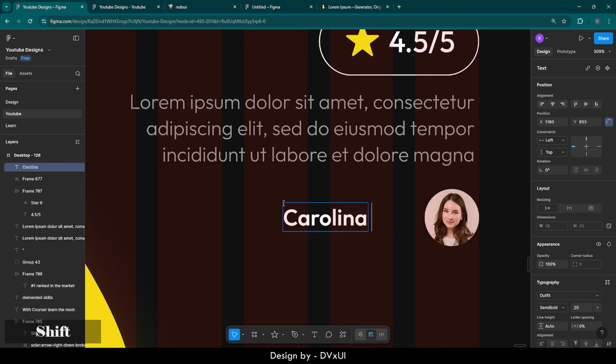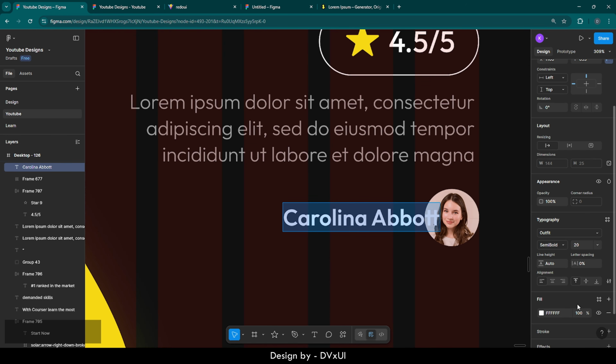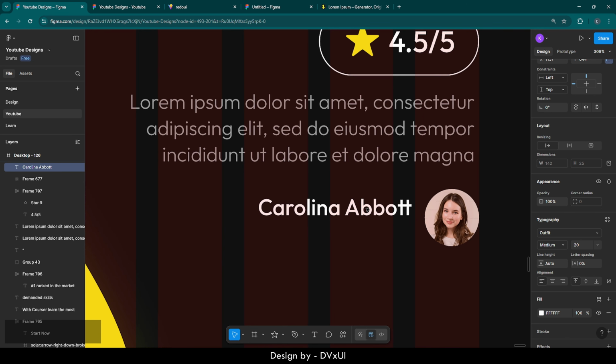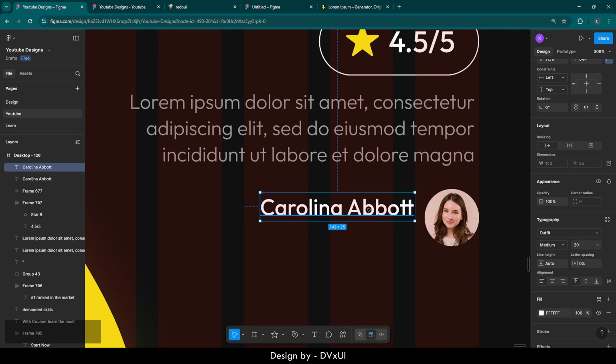Carolina Abbott, with double B. Now select it. The font size is going to be 20, but this is going to be medium. Now select it, put it over here, something like this. Copy paste,